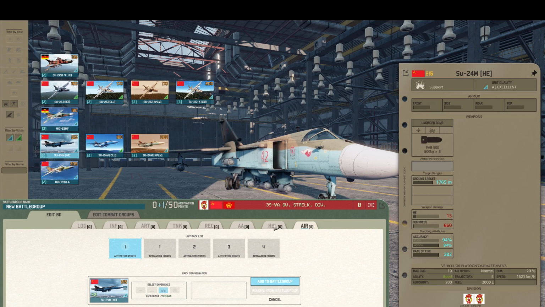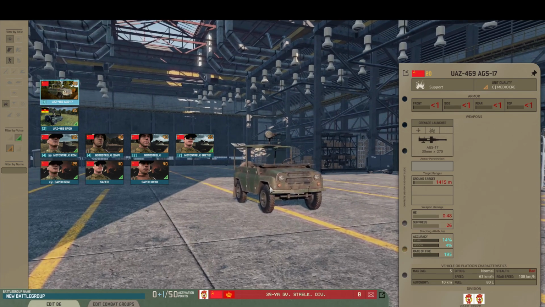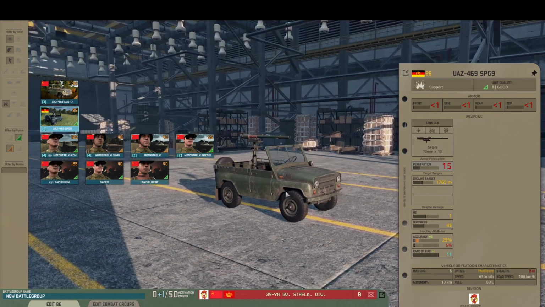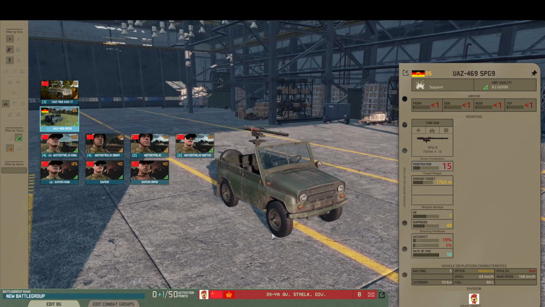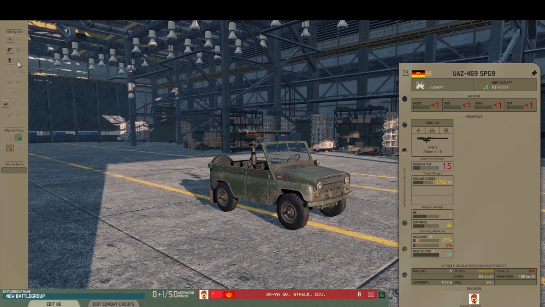Yeah, and that's it. These are the units unique to 39th Gds Shrakowi. My unit of the deck is this really cool anti-tank UAZ. Yeah, it's a really nice variant, super cool. I will use that for a screenshot as well